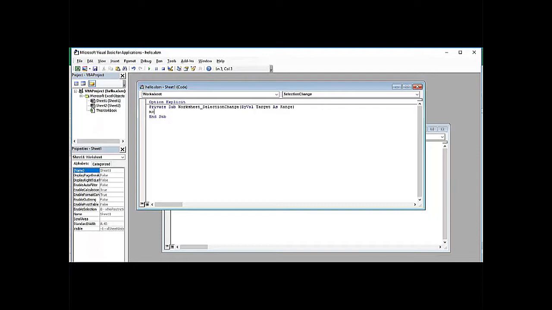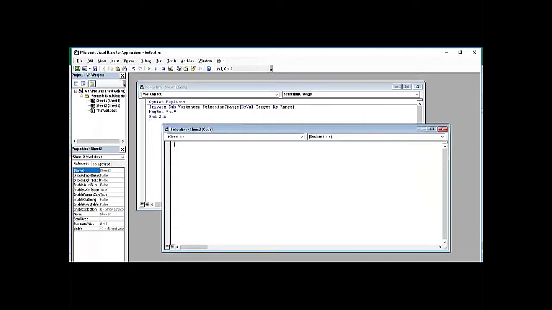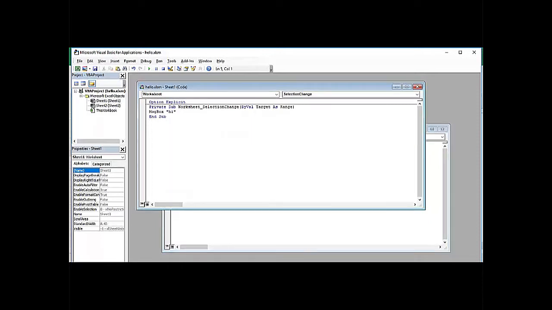Okay, and whether this function is working or not, I just want to test it out. So I'm just using the message box function. I'm saying hi. Please note, I've written this procedure in Sheet 1. There's no code here in Sheet 2. In Sheet 1 I have just used that existing procedure, and I have just given the message